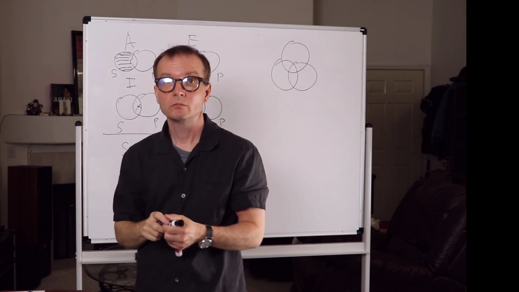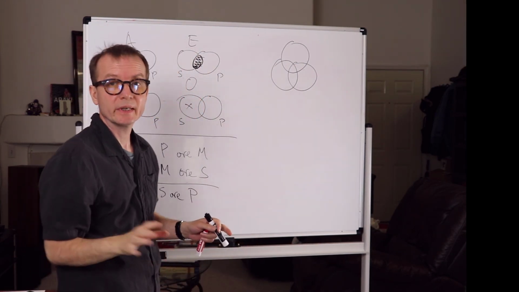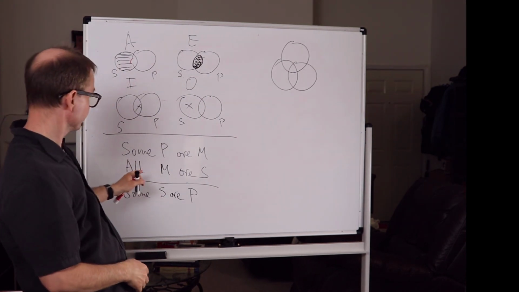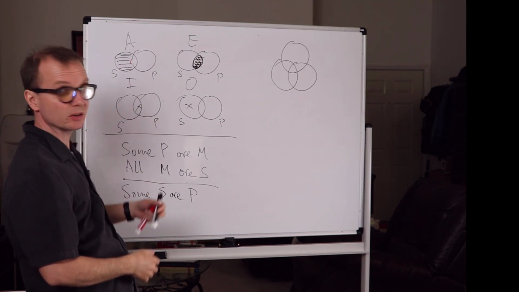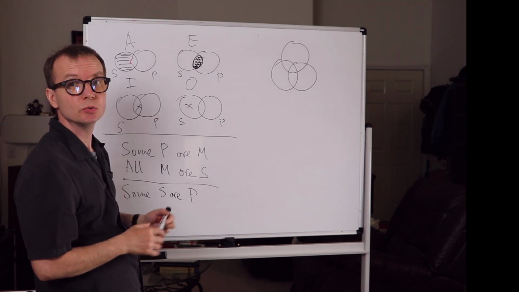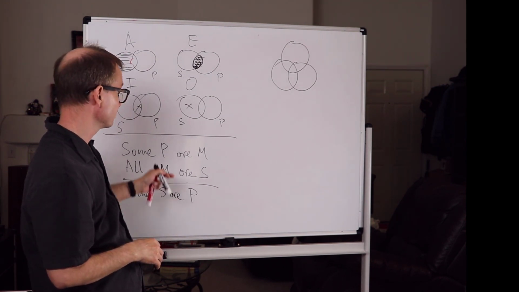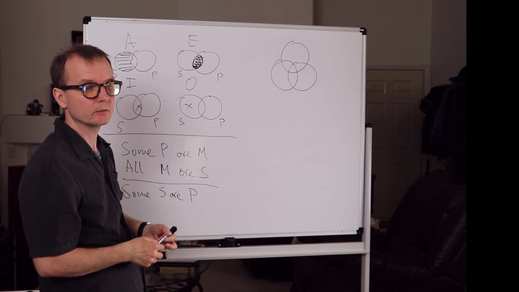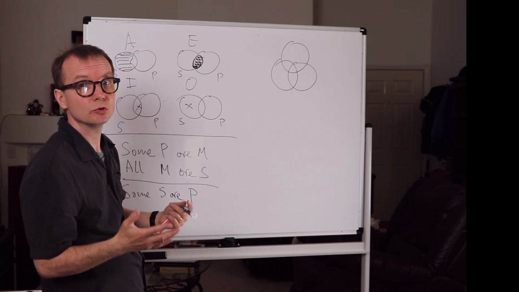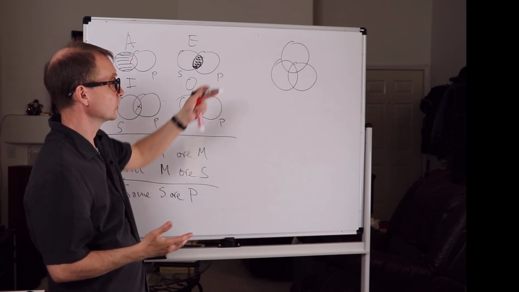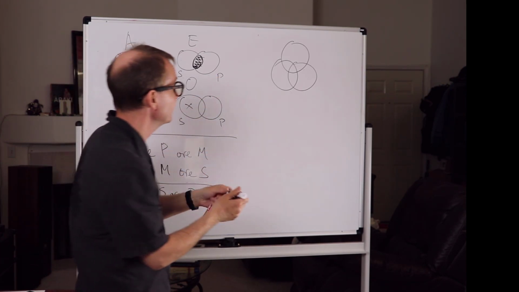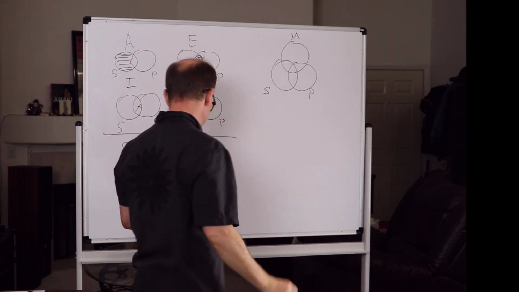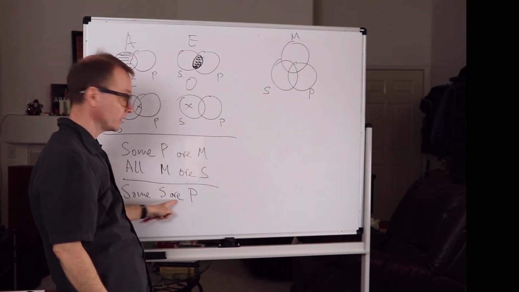Okay. So we're given this syllogism: Some P are M, all M are S, some S are P. And we need to evaluate it and check whether it is valid or not valid. How do we do that? Again, the first thing you do is you draw the circles. And you name them S, P, and M in this case because this is your S and P, whatever is